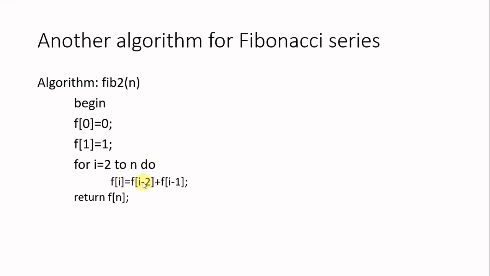So here what happens? You are actually using one array, that is f, and you are storing the values. F of 0 is 0, f of 1 is 1. Then the remaining values you are computing. You are adding the previous two values and the result is computed in that array. Okay. So the ith element is set as f of i minus 2 plus f of i minus 1. And you will return the array. Okay. Here you are returning the last element anyway.